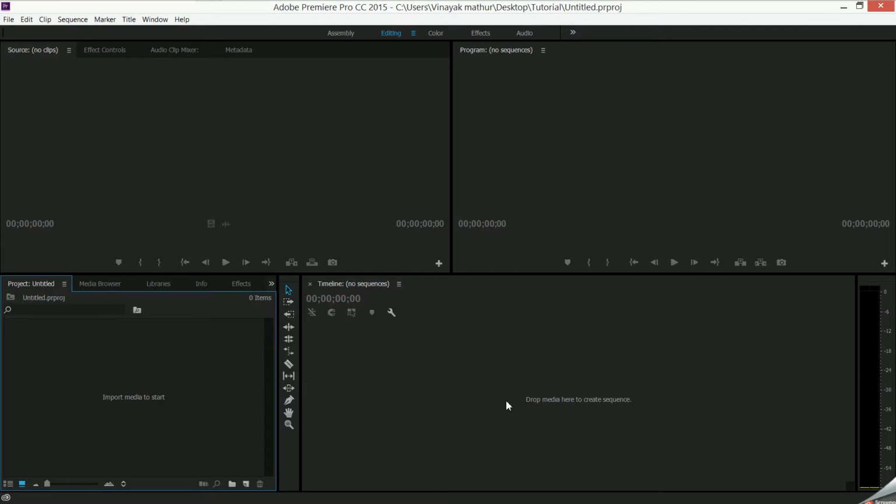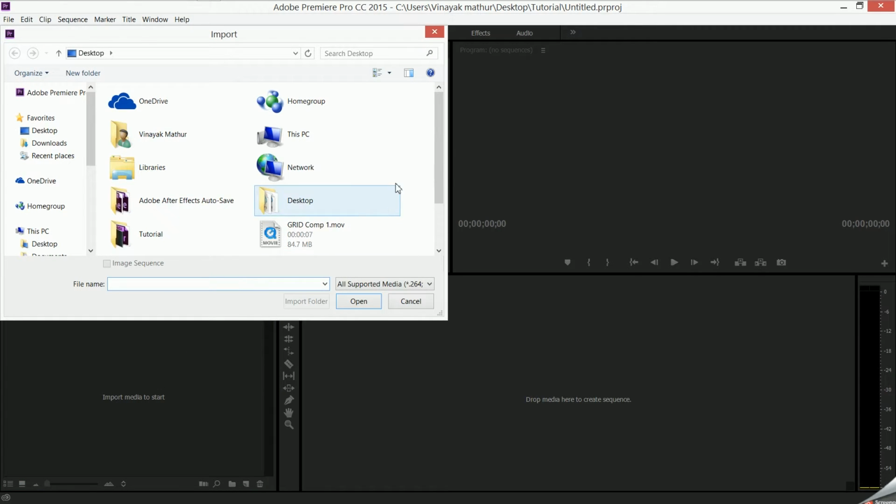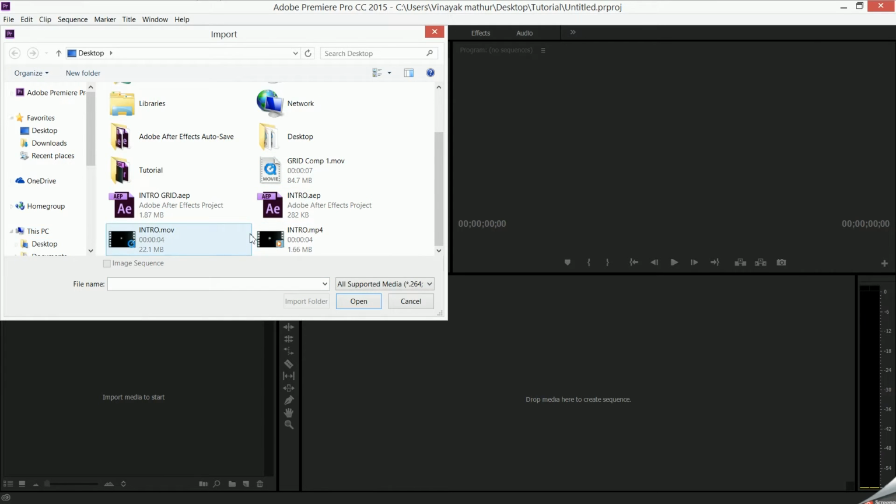Now the second dialog box which appears would ask you for the settings of your sequence, and preferably it didn't ask me this time. Maybe it just took it from the previous project. Anyways, this is our library as we had in After Effects. Just double click and you'll see an import dialog box. Select your file, click OK,